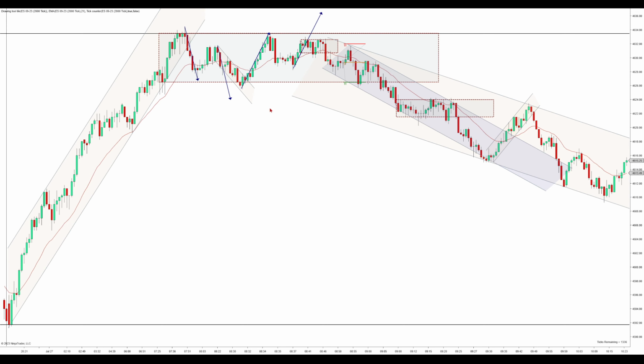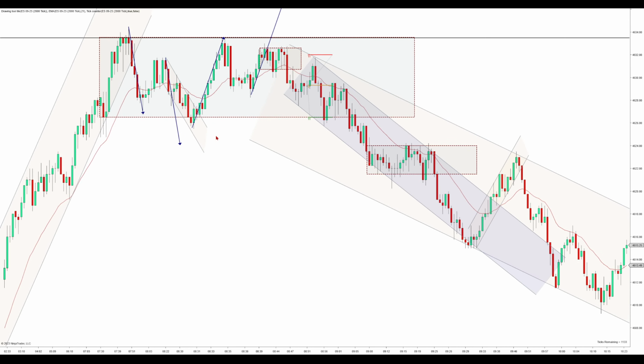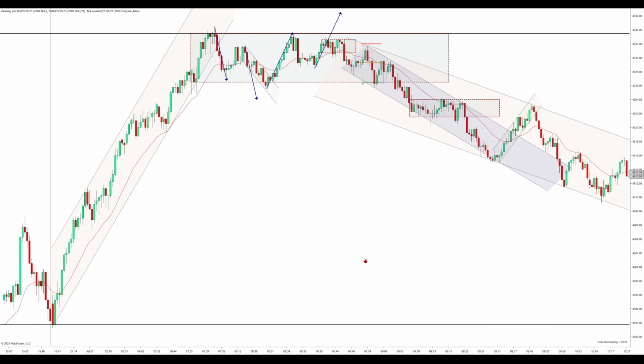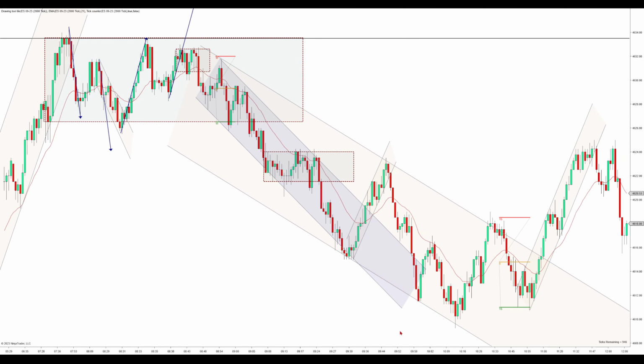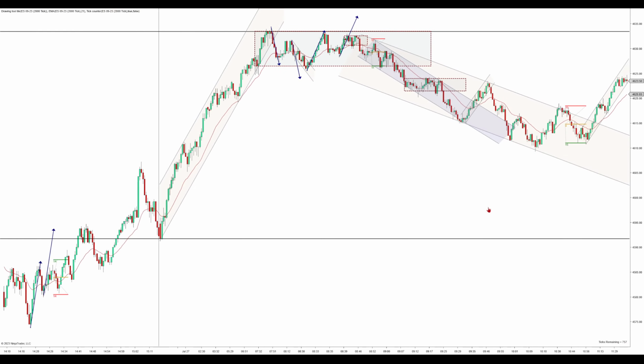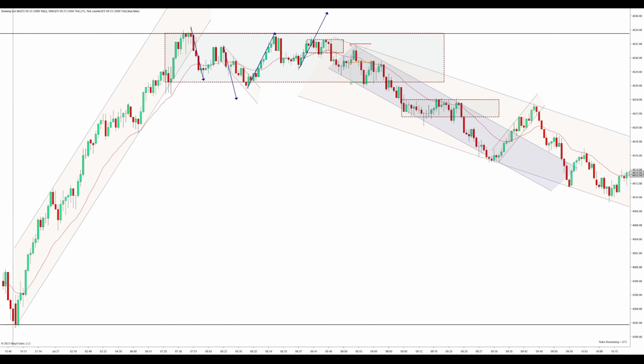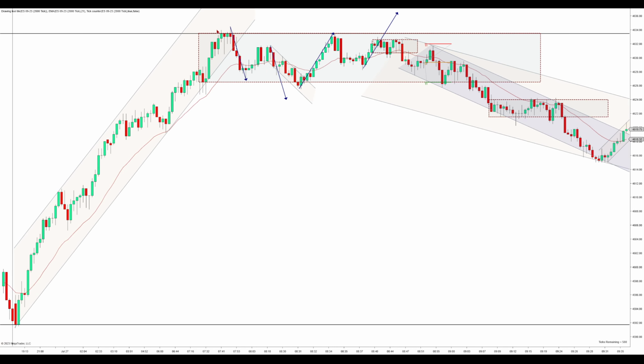And we have this two-legged break here, which, of course, two-legged breaks, I do want to explain something about that. But after the two-legged break, we get a couple attempts at a new high before we go into basically a reversal for the rest of the day. But about these two-legged breaks, so if you understand what a two-legged break is, you know that it might have been